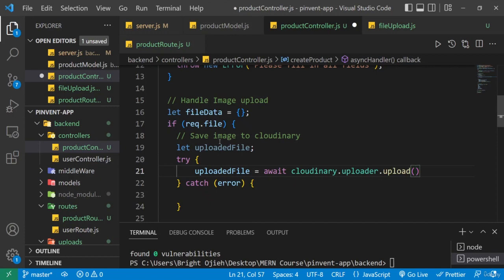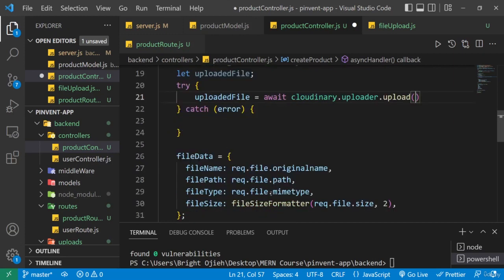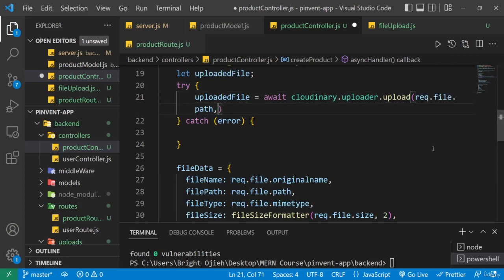Okay, now this is going to take some parameters. The first is the location of the file you want to upload, and remember we already have that in request.file.path. So you can just grab that here and then give them that information. So paste that in. Then next is an object that contains some settings, like where do you want to save